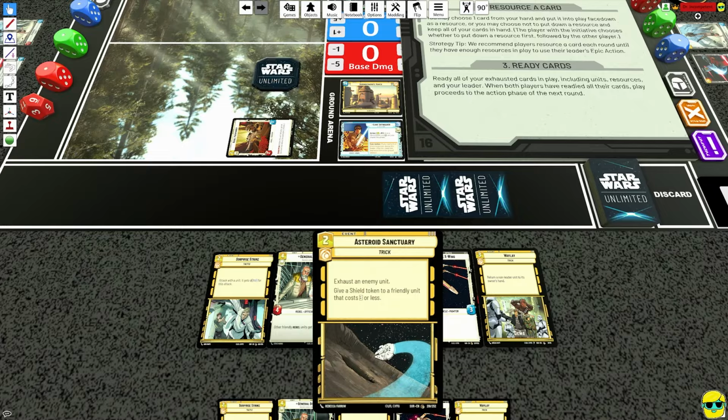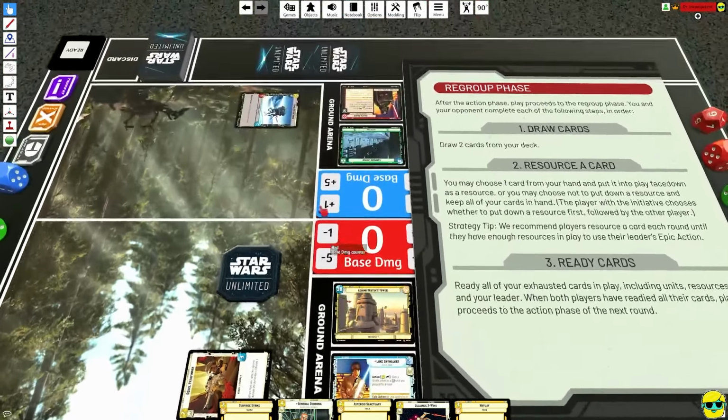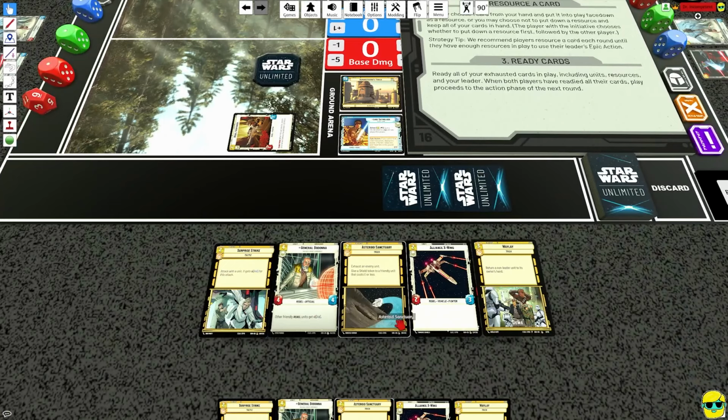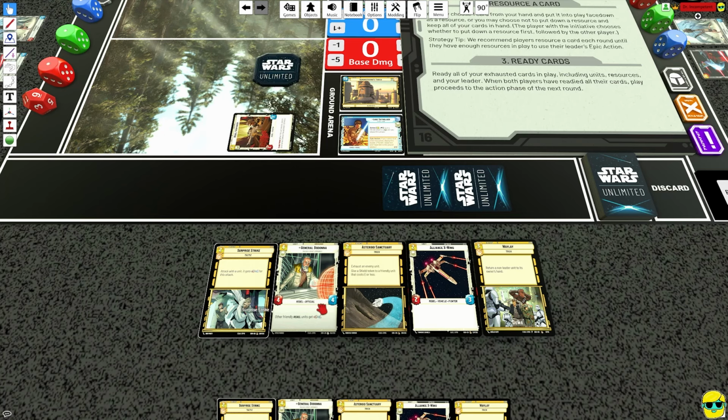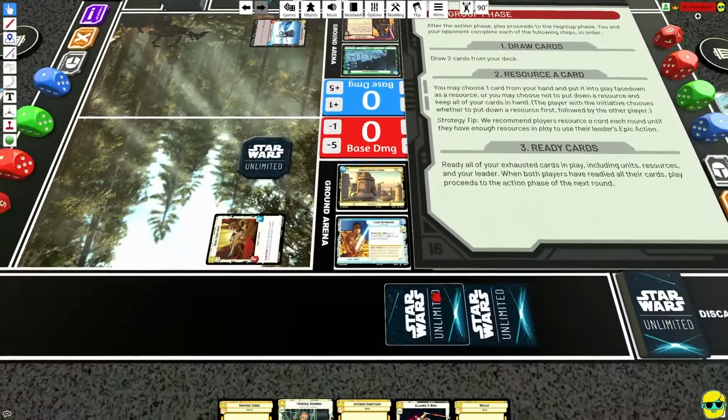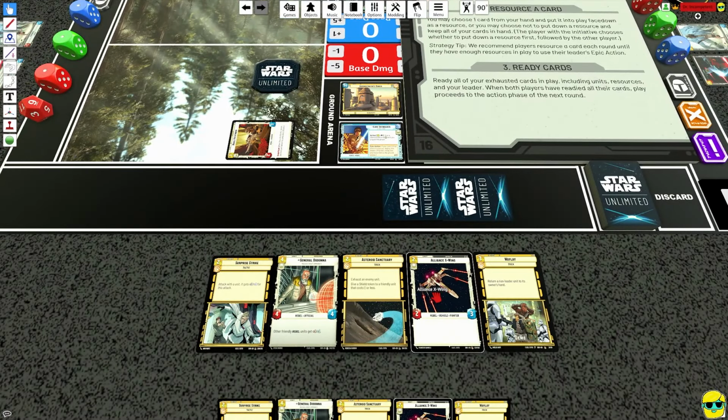We could also play Asteroid Sanctuary if we wanted and exhaust their probe droid and then put a shield on a friendly unit that costs 3 or less, which is the Rebel Pathfinder. That's nice. But when I'm looking at this, that's okay. I could totally do that. However, the only thing that holds me back from doing that is that I will have a resource left that I don't get to use, and I like to try to use all of my resources if I can to be more efficient so I don't waste anything. So that's an option, but,